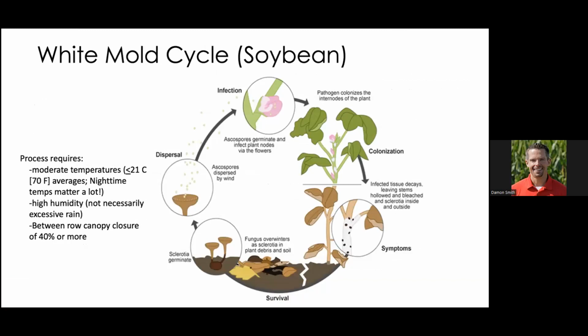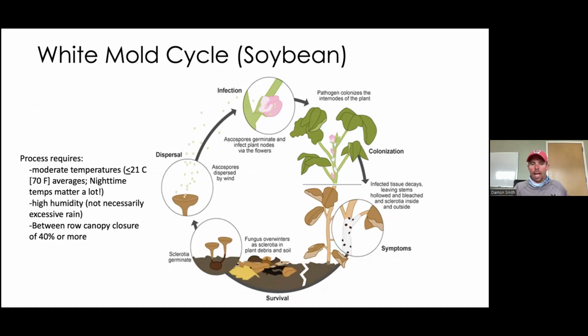Okay, I'll proceed into white mold. I'm sure everybody's seen this and is probably sick of hearing me talk about this. The cycle for white mold is very different from tar spot. This is a single cycle per season type disease, and the window of opportunity for the fungus is quite a bit shorter. It's just during the bloom period.